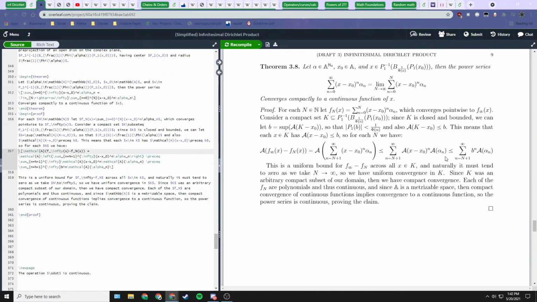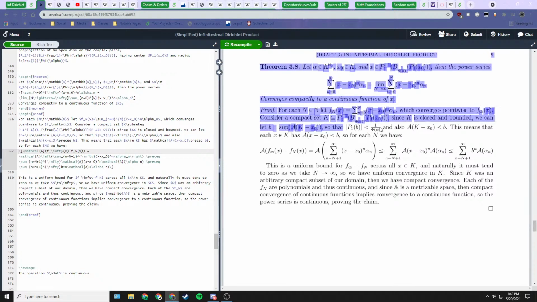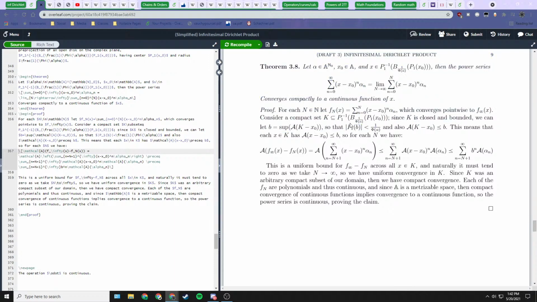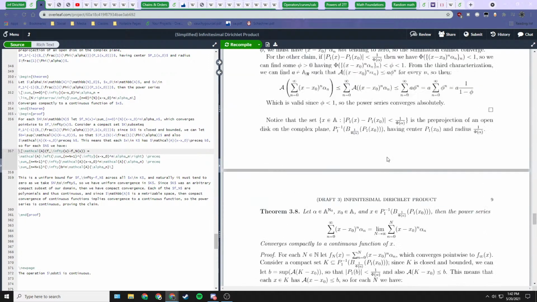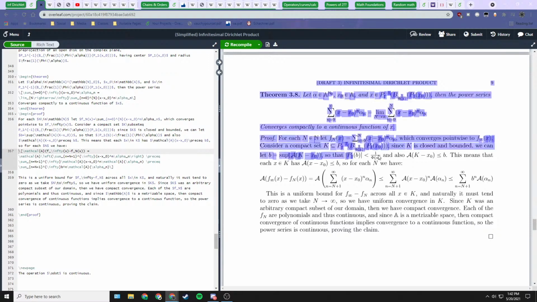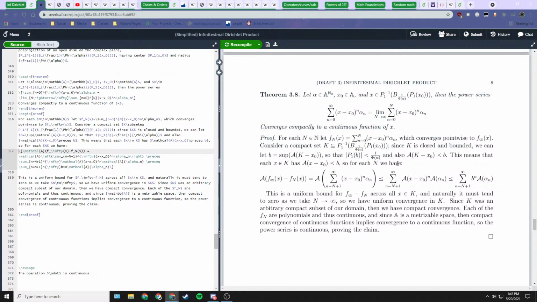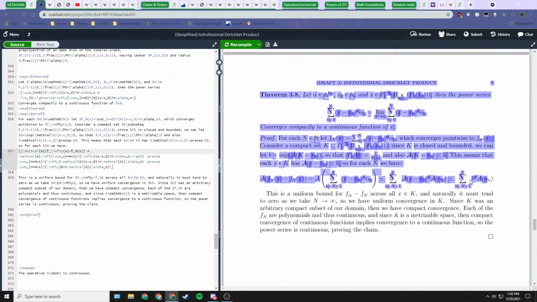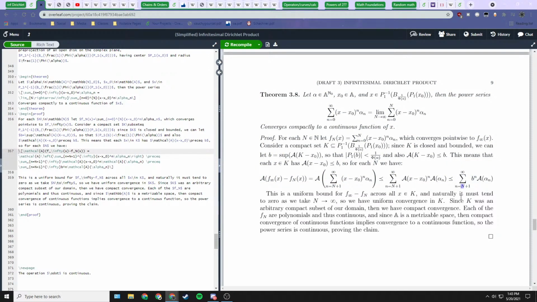Our selection on b has this inequality here being true: the absolute value of p1 of b is strictly less than 1 over 5 alpha. Because this is true, based on our convergence properties, this puts b inside the radius of convergence for this series. So all these series converge, is what we're saying, for each n.